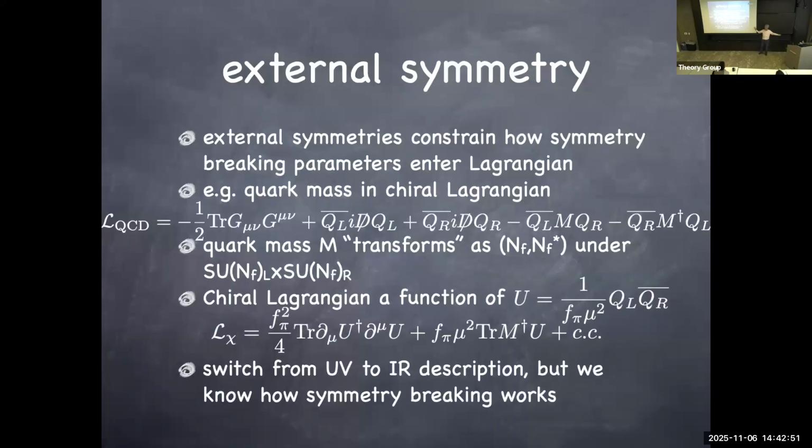Then you find a surprising conclusion that the pion mass grows as the square root of the quark mass. Naively, if you make the constituent of the pion massive, you might think that the whole thing would acquire mass linearly with the mass of the constituent, but it doesn't. It goes like a square root. So knowing how symmetry breaking in the UV would appear in the IR is a non-trivial problem in general. And that's exactly what we need to replicate when you break supersymmetry and see how a controlled supersymmetry breaking would appear in IR physics.